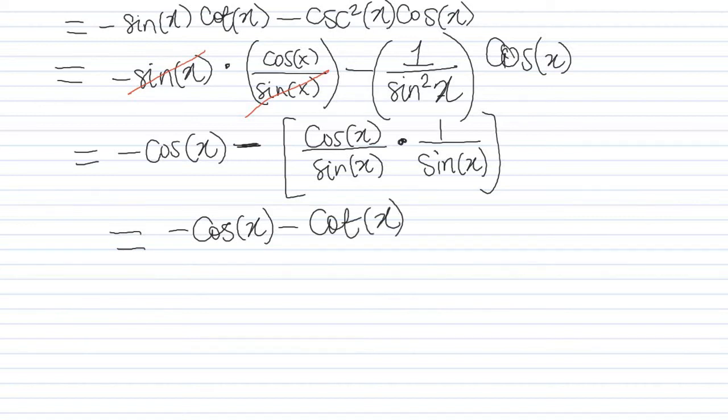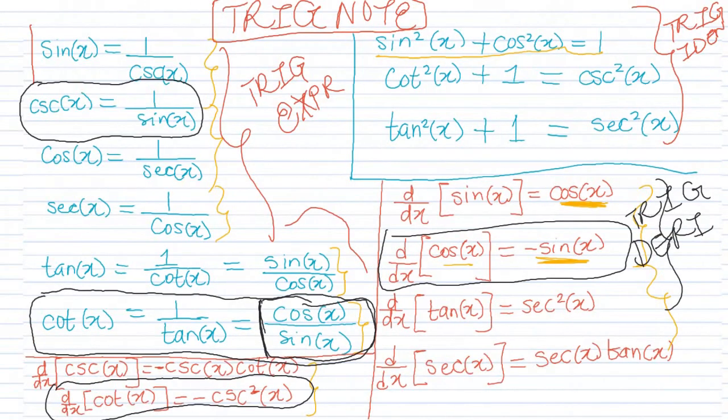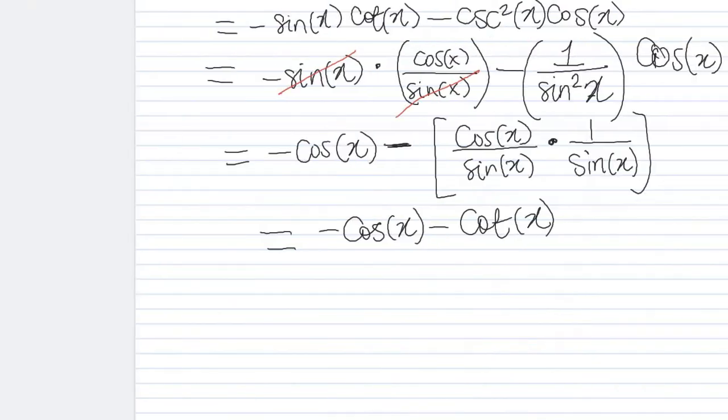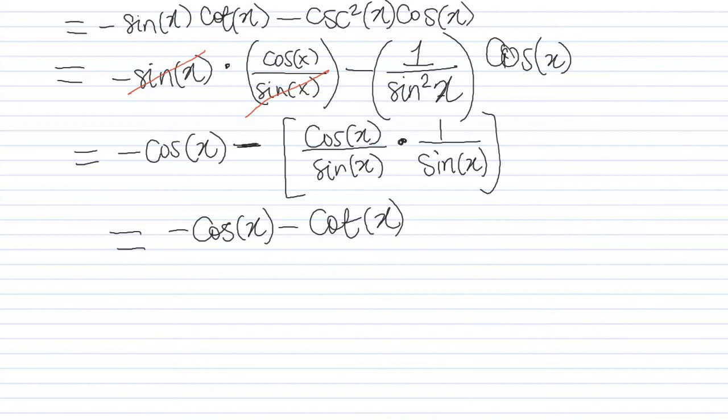What is 1 over sine x again? We know that to be cosecant x, just like cosine x over sine x is the same thing as cotangent x. So our answer to this question is negative cosine x minus cotangent x cosecant x,